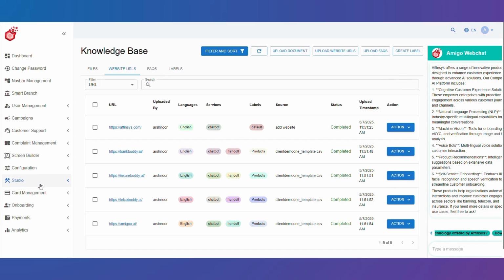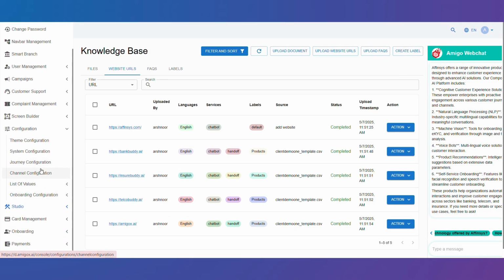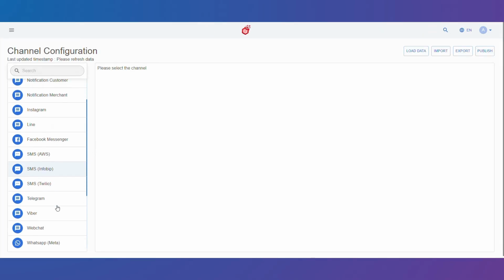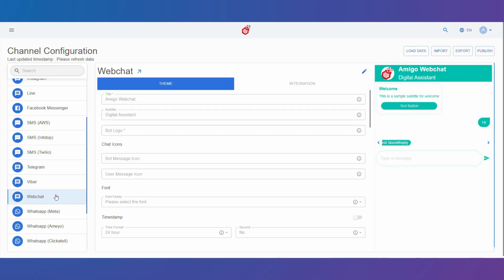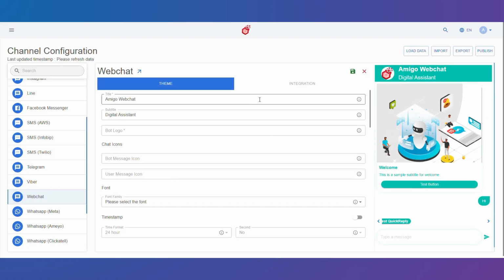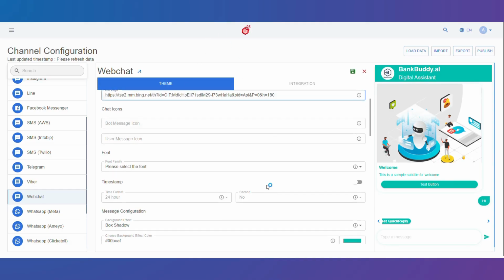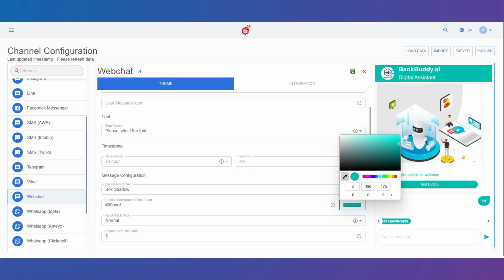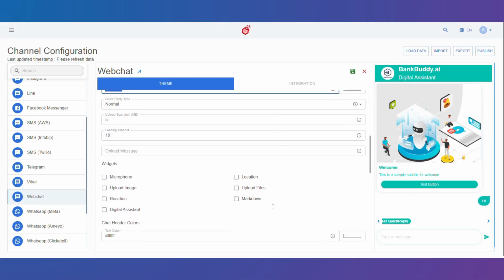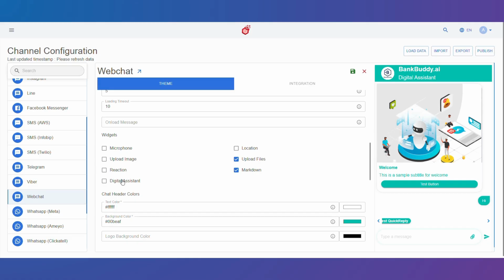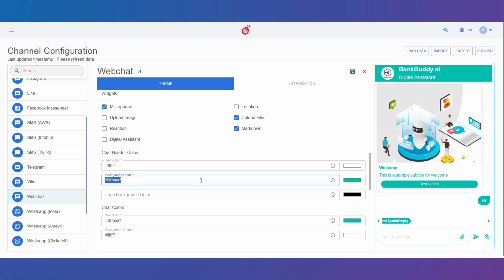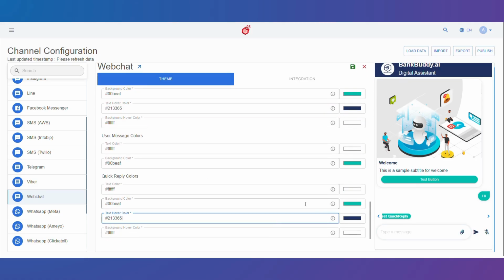Once we've validated the accuracy of responses, the next step is to brand the chatbot so it aligns with your company's identity. For this, we navigate to the channel configuration section. Under Web Chat settings, you can customize the bot's name, upload your company's logo, and define the color theme to match your branding guidelines. This ensures the chatbot not only sounds right but also looks right when deployed on your